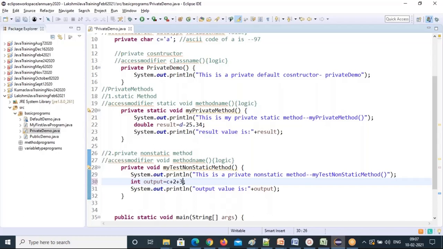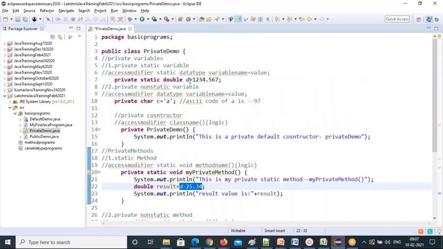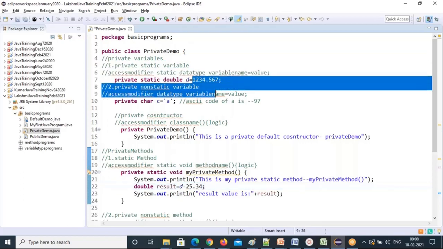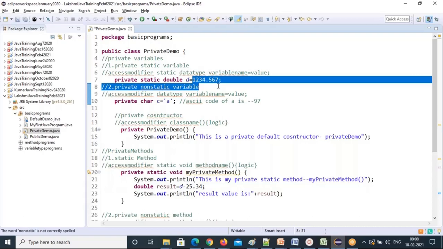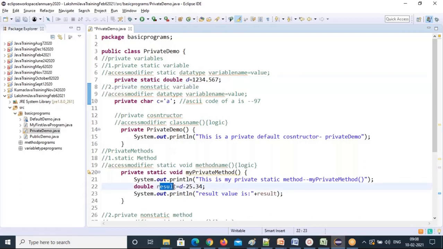And one more thing, in static, what is that, sir? Double result d. This is the output, madam. d is the value, right? d contains 1234 as the value, that I am reducing by 25. I'm doing some calculation, and you will get some output here. If you do 1234 minus 25, you will get some other output value, right? That output I am storing in this variable.